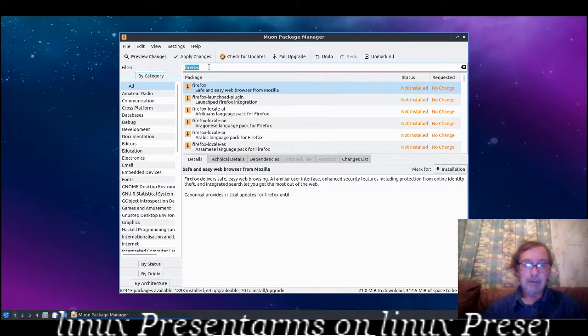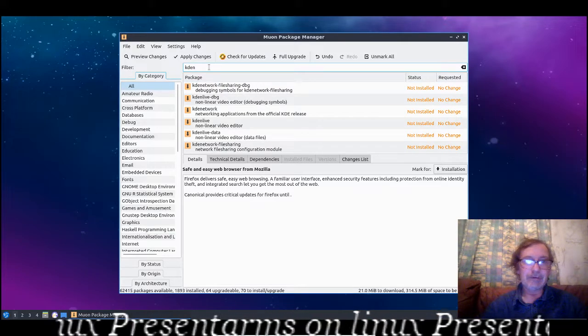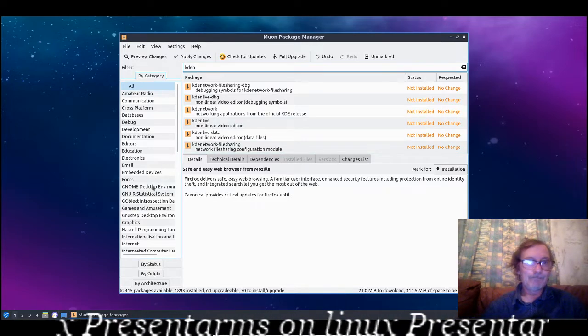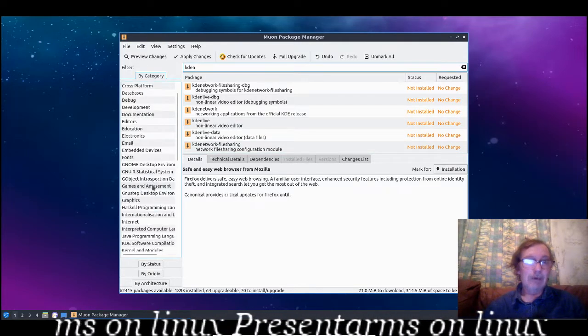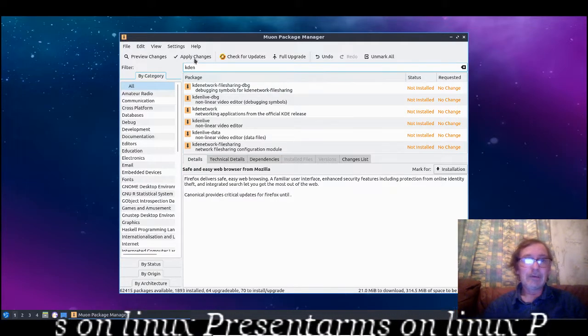Kden Live on here. Kden Live, it's got to be on here, hasn't it? It's on the Ubuntu repo, so of course it will be on here. But this is rather cool. I actually do like this. This is rather cool and fast and quite easy. I mean,